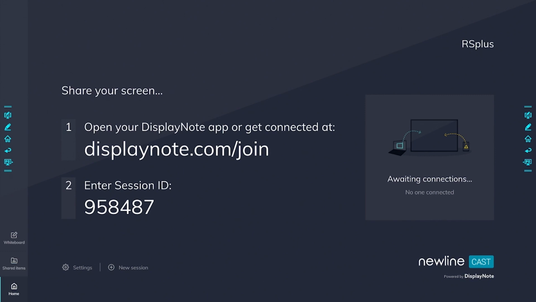Cast is a wireless casting application that is built into your panel. Newline Cast allows up to 4 different devices to cast at one time. These devices can be Windows devices, MacBooks, Chromebooks, tablets, or even phones. Newline Cast is also a cloud-based solution, so it doesn't require that the device and the panel be on the